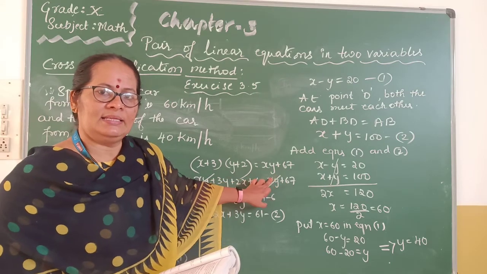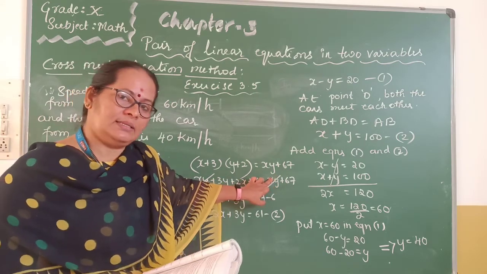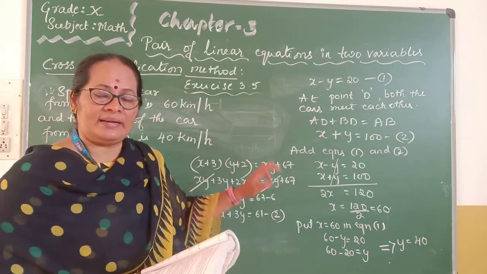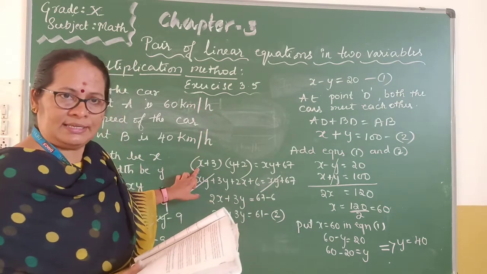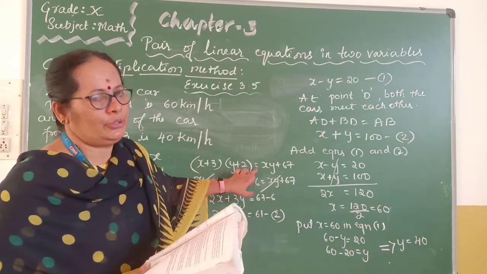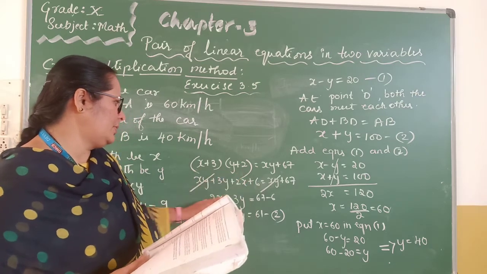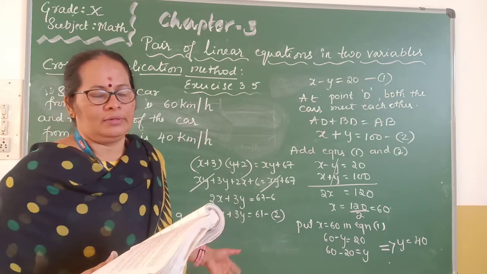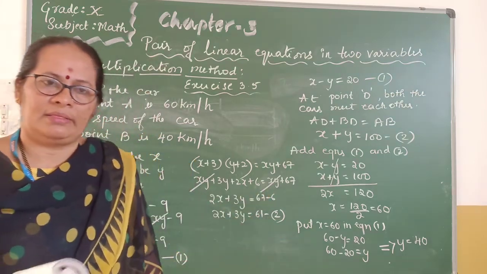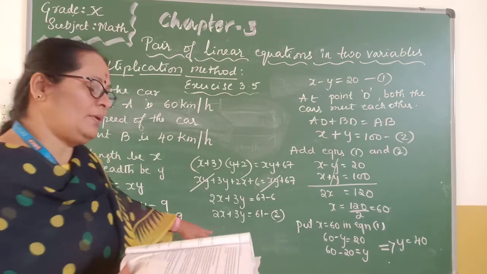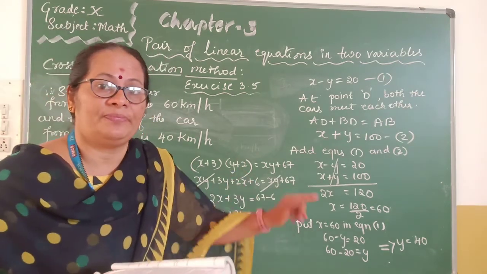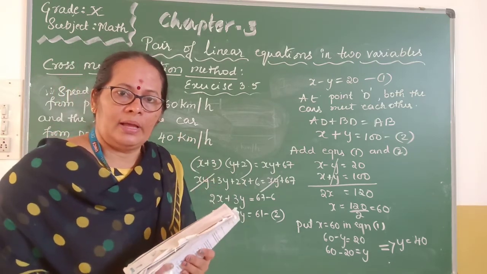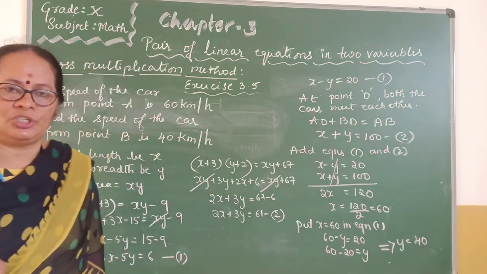Second condition: area increases by 67. Area is xy, increases means plus 67, when both the length and breadth are increased, that is length increased by 3 units and breadth increased by 2 units. Now multiply these two and bring it to linear form. That is equation 2. Later on, use any algebraic method to find the solution x and y, which gives the dimensions of the rectangle. I hope you understood this cross multiplication.